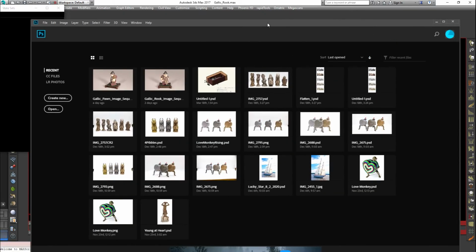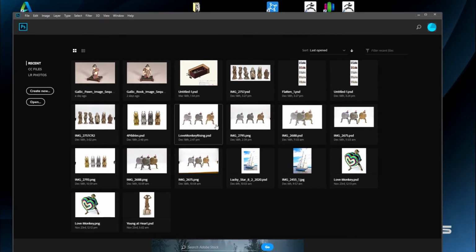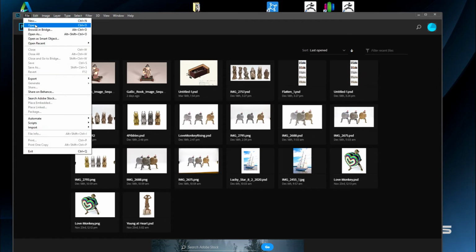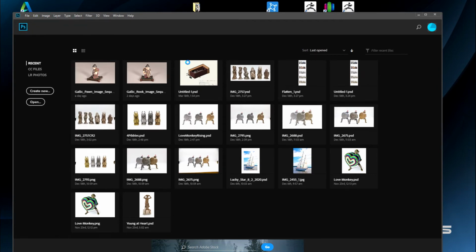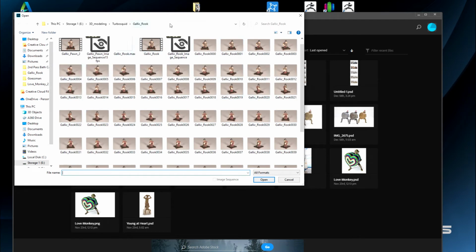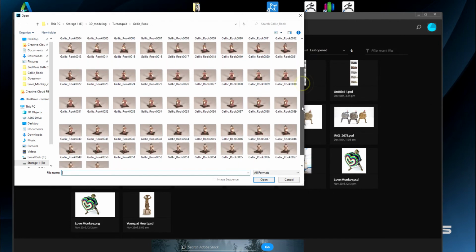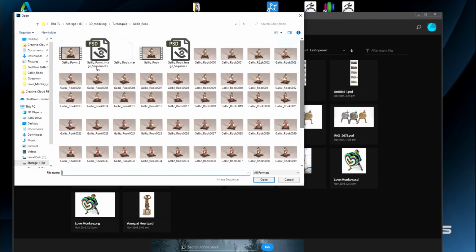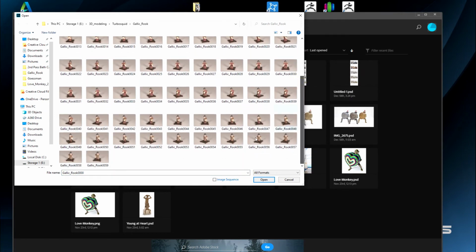So we bring in Photoshop and open Photo Open. And this is the only thing that is tricky. Your images will be named 001, 002, 003, all the way to the end of what you're doing. You only need to pick the first one, then find on whatever version you're using this down here that says image sequence. Hit open,